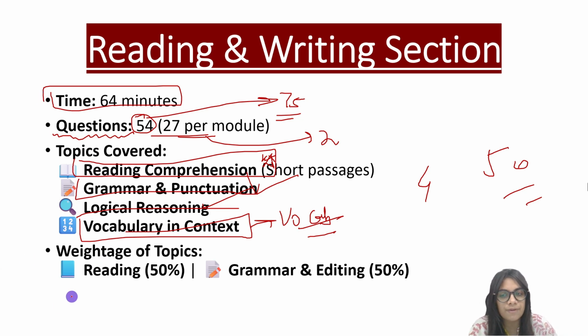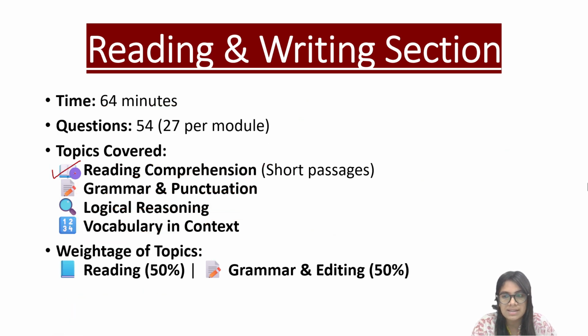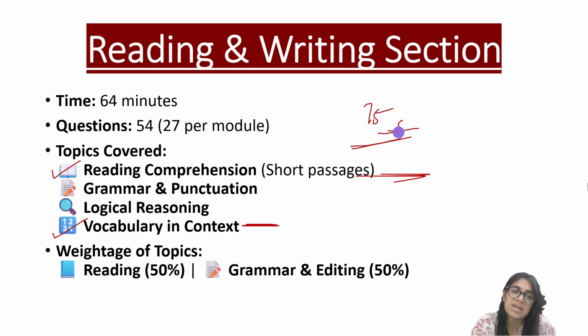Then the weightage is reading 50% and grammar and editing also 50%. So we need to really work on this section of the English SAT, right? Vocabulary in context is usually the tougher unit, and for me this is very tough. So we need to work on these specifically. Now what happens is you get 75 seconds per question, right? So 75 seconds to read a comprehension and answer questions based on that comprehension is not